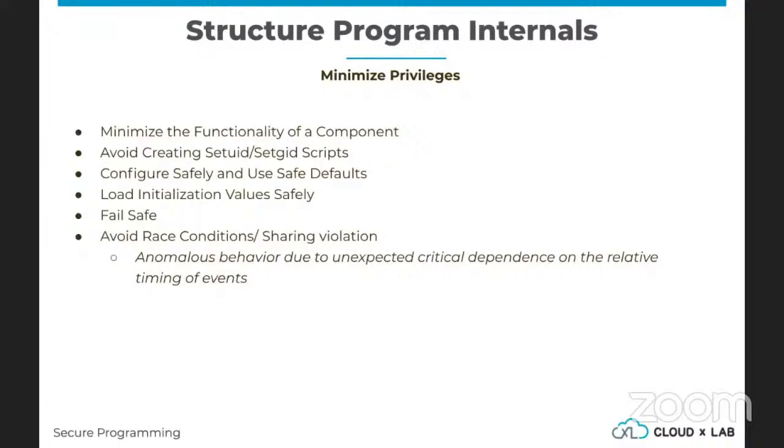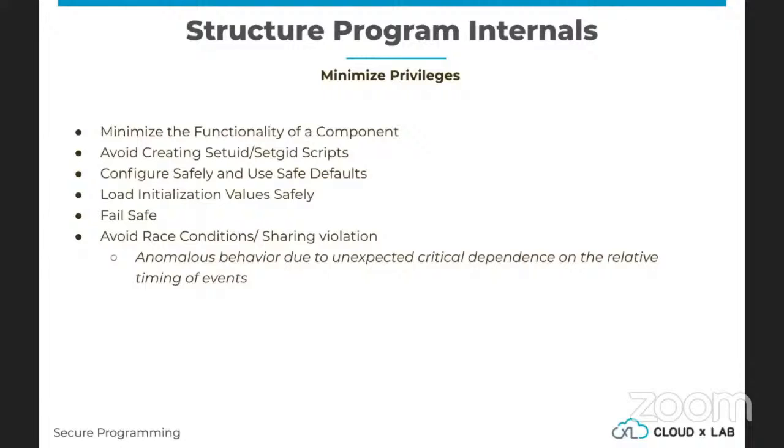Now, next one is avoiding race conditions and safety violations. Now, this is something very hard. Race condition is an unexpected behavior of the system, whereby two people or two processes are trying to compete on a resource. That's called a race condition. Let's say two people are trying to take money from the same bank account, and so on. That leads to all kinds of race conditions.